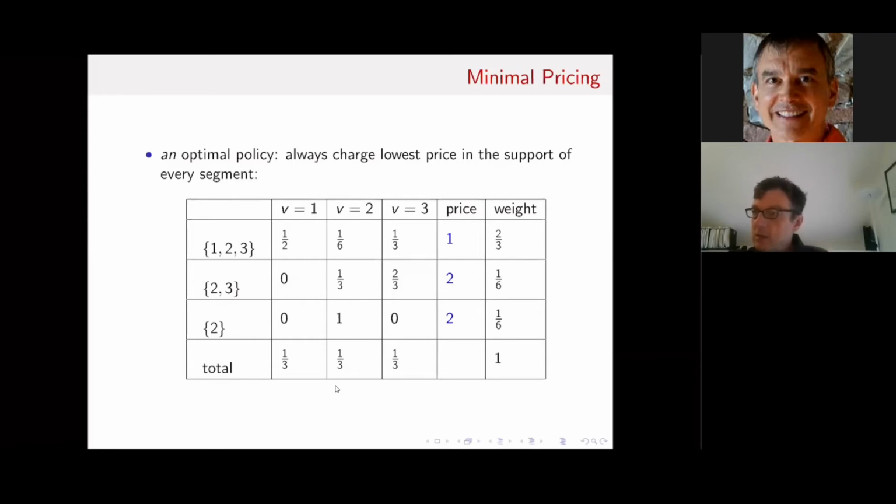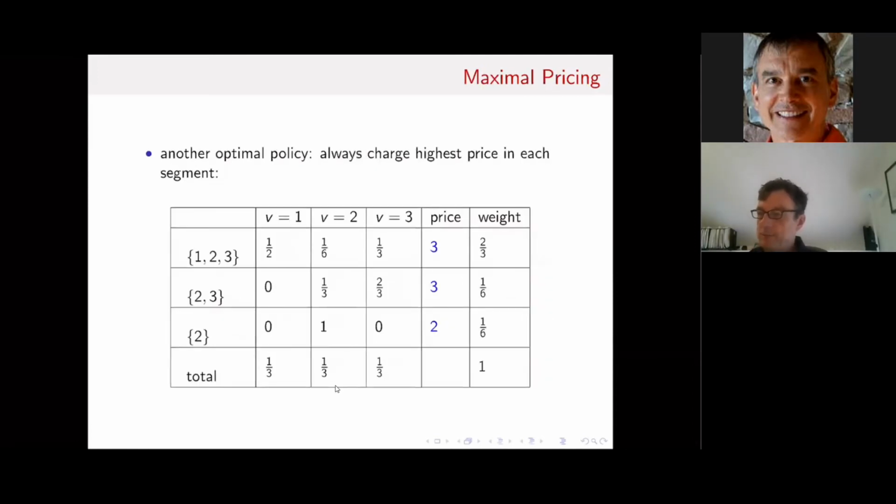And that efficient outcome is going to be one that therefore maximizes the social surplus, but more importantly, it maximizes the consumer surplus. Remember, I'm indifferent between any price in the support. Okay, so therefore, there exists another optimal policy. That is, we have two optimal policies, at least two.